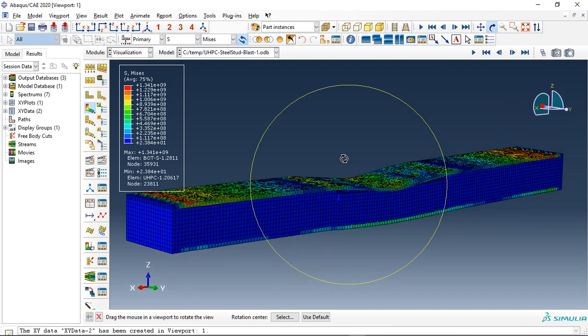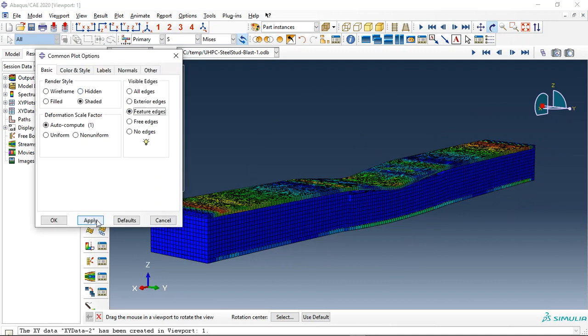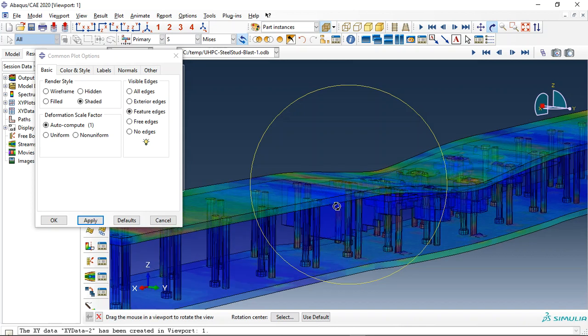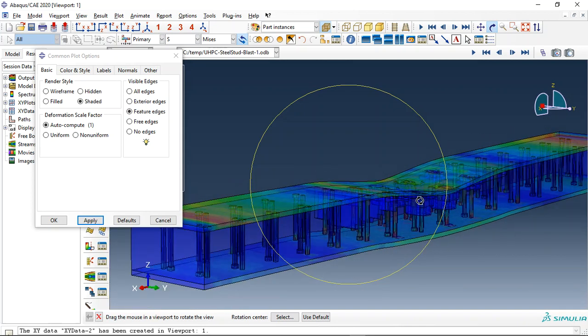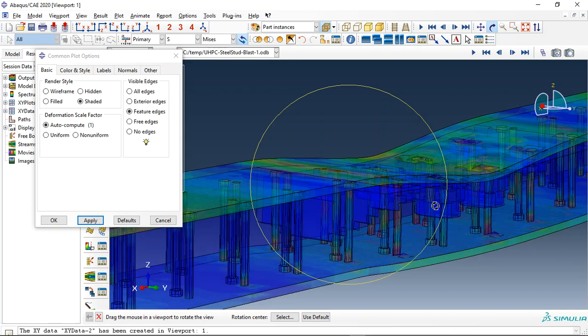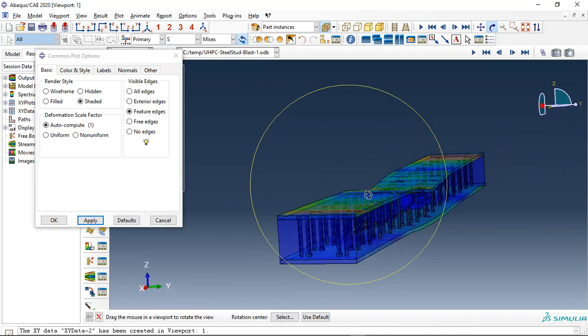Okay, so if you need to model the SCS composite beam, steel and ultra performance concrete connected with steel studs, you can use this tutorial to